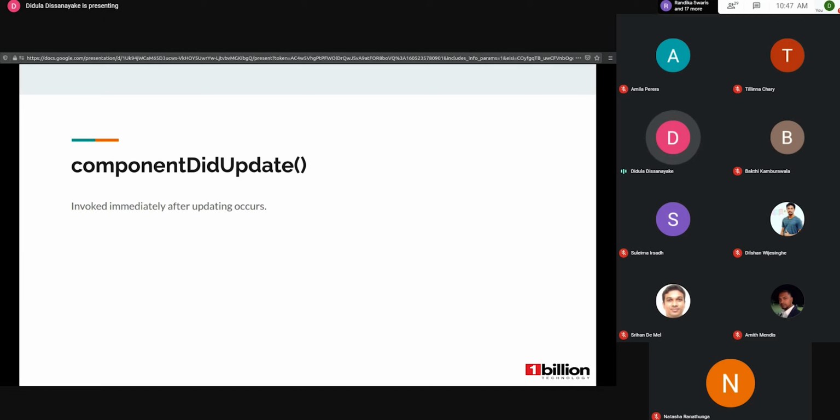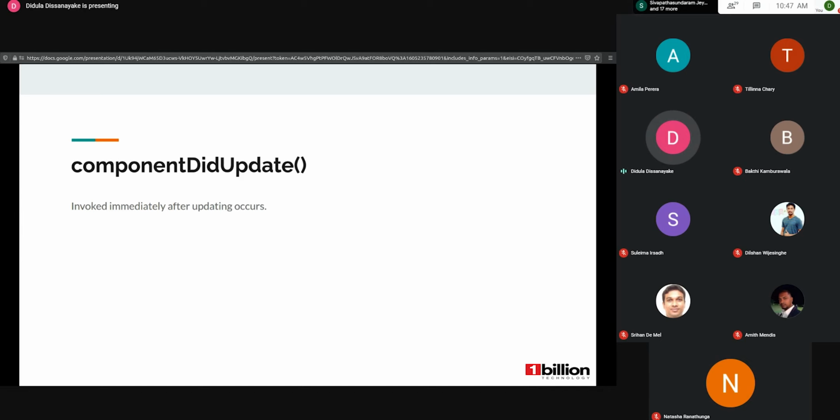The reason is we have a separate lifecycle method called shouldComponentUpdate. It is very rarely used. It indicates whether the component should be updated, or rendered and displayed, or not. If it is false, it avoids calling that function.